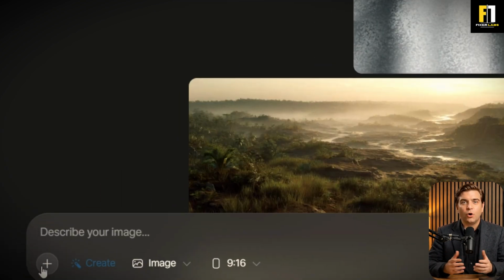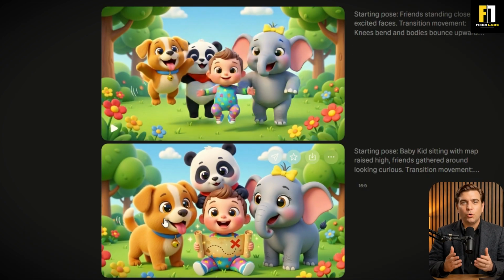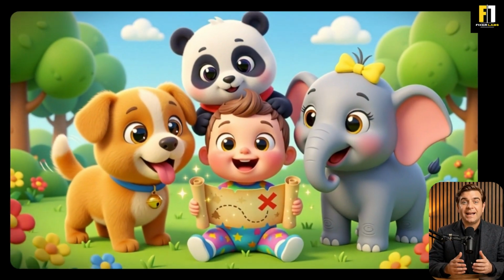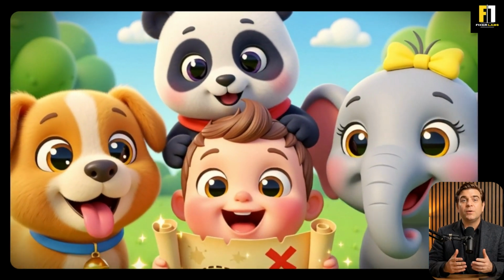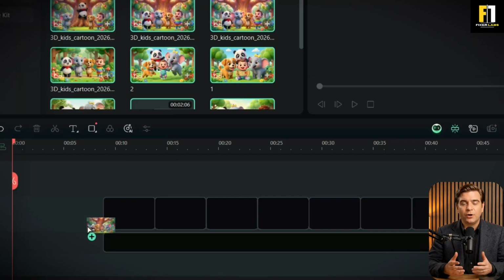Repeat this process for all images. The results will blow your mind, completely free and high quality. Now generate all 18 clips. Open your video editor,